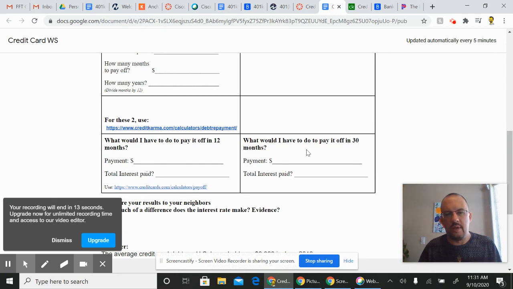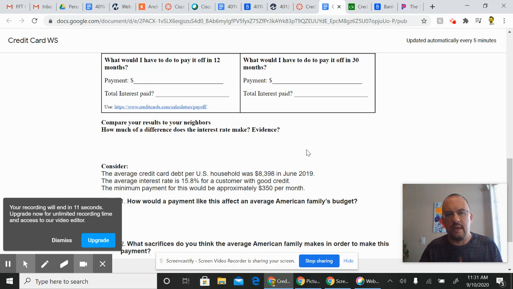Then do the same thing for 30 months. And then answer the questions at the bottom. You can't compare to your neighbor. But how much difference does the interest rate make? If you play with the interest rate,